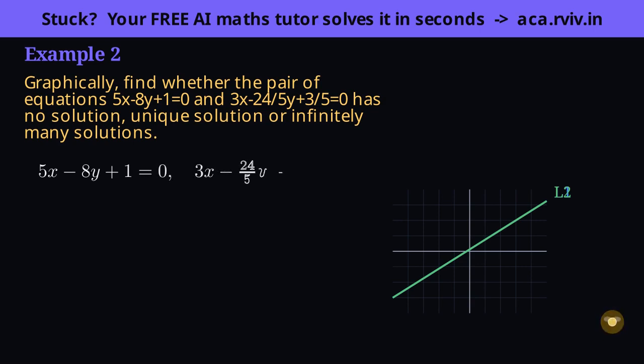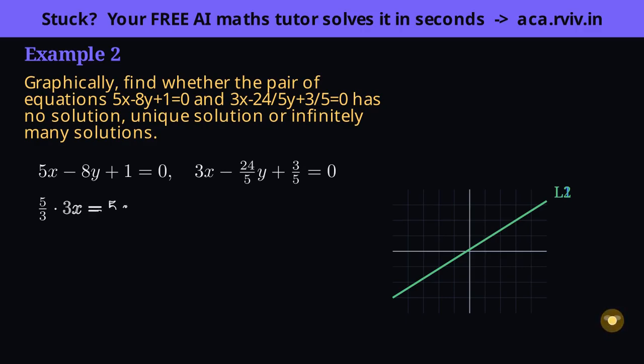So before graphing, let's test whether the second equation is simply the first one multiplied by some number. If it is, they're the same line. The first equation starts with 5x and the second with 3x. To turn 3 into 5, I multiply by 5/3. And here's the crucial point: multiplying an entire equation by a non-zero number never changes which points satisfy it, both sides grow by the same factor, so the balance is untouched.